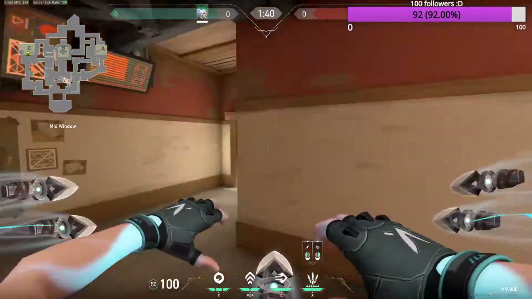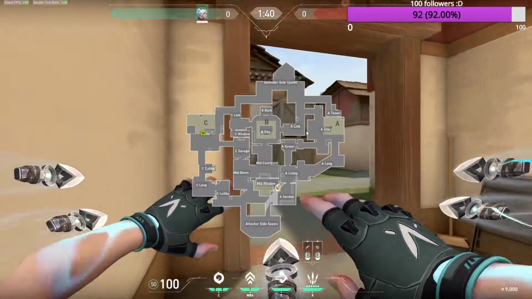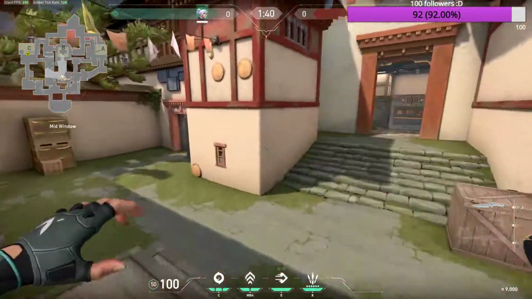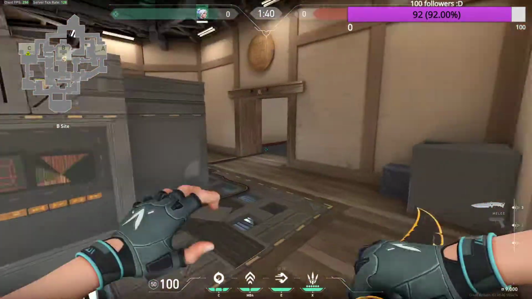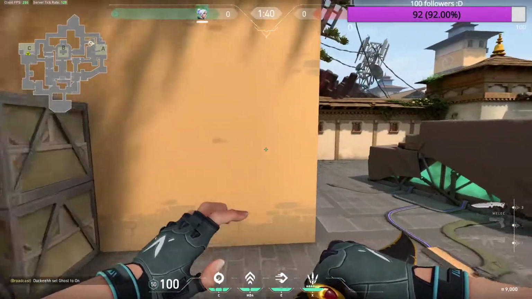You can do whatever you want from this position here, as long as there's no one in window or holding here. You can sit here, hold this until they're rotating off A, you can flank A, you can flank C, you can sit in their spawn, you can do whatever you want. This is why mid is fun. But yeah, moving on to the last section, which is A site defense for Jett, we will talk about